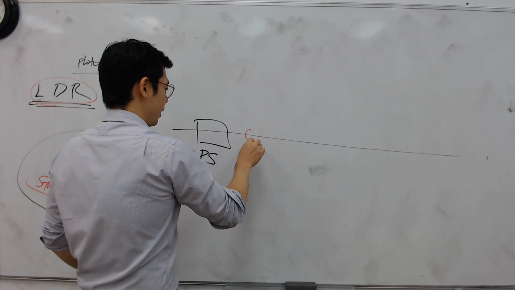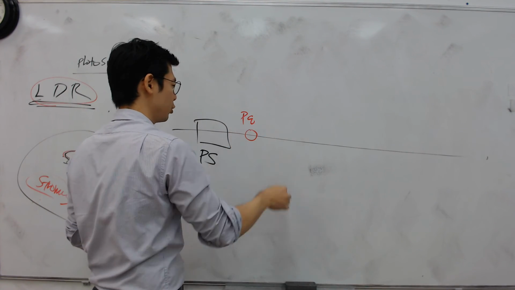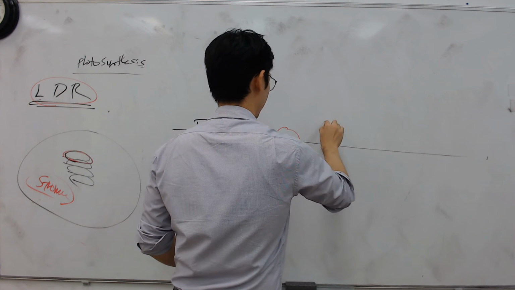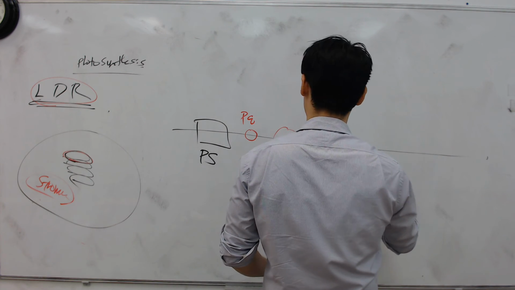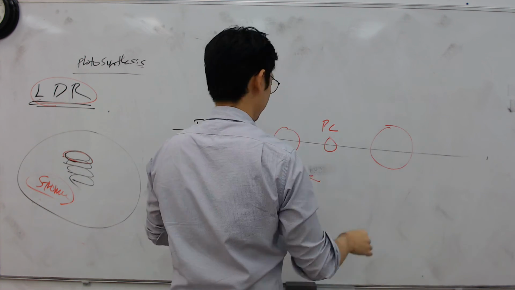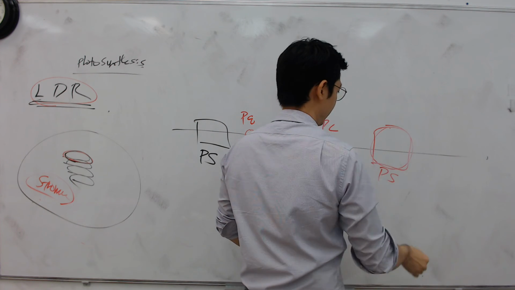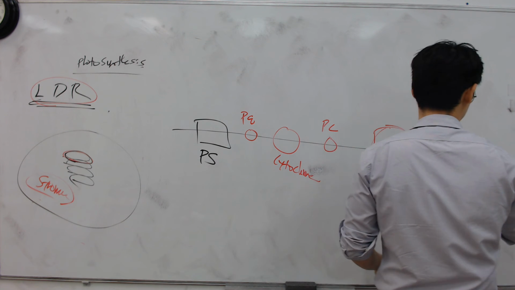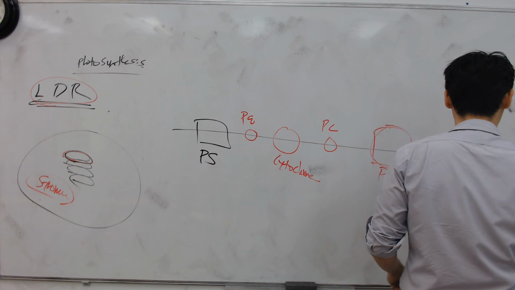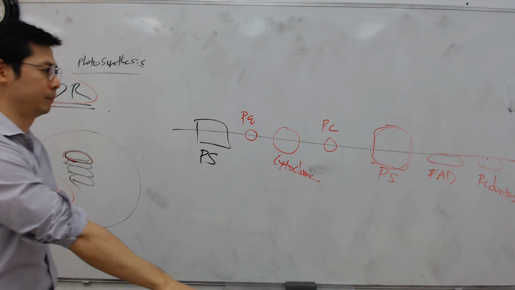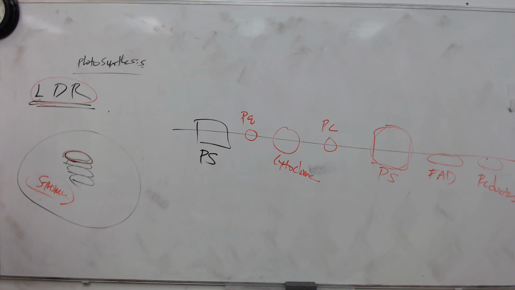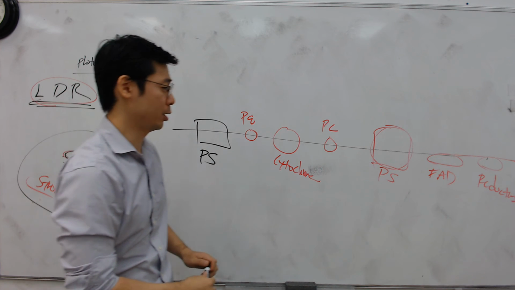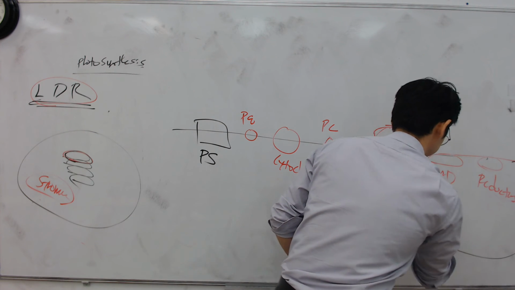And now they have PQ, cytochrome, PC, and then they have another photosystem. I'm going to be pretty quick here, guys. They have FAD, I think. They have reductase. So this is basically what you have to know for the overall production of ATP. And I'm sorry, I forgot to put it, they have ATP synthase.